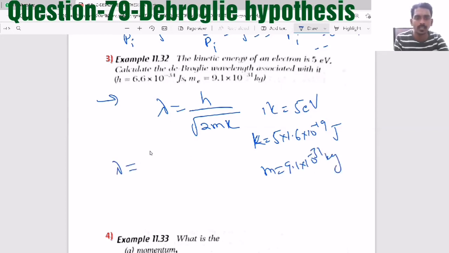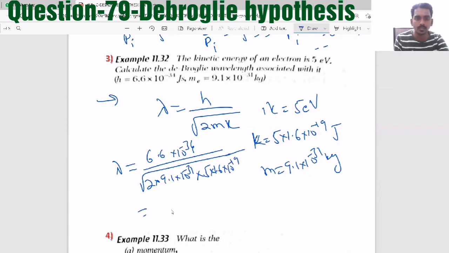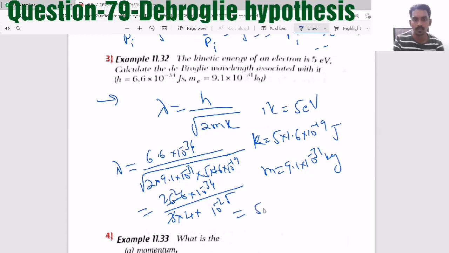Then lambda value, h is 6.6 into 10 power minus 34 by under root 2 into 9.1 into 10 power minus 31, K is 5 into 1.6 into 10 power minus 19. So approximately try to take the values, like here root 9 is 3. 2 5s are 10, 10 into 1.6 is 16, root 16 is 4. And 10 power minus 31 minus 19 is minus 50, so 10 power minus 25. So it will become approximately 2.2 by 4,